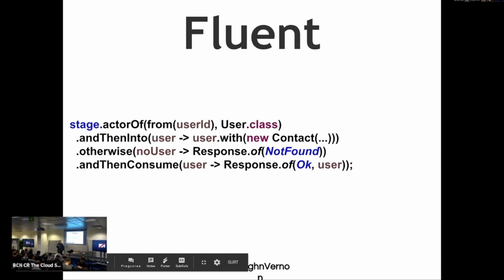It doesn't exist. So what does that mean? Well, if this is handling an HTTP request, then we're going to respond with a response of not found if we didn't find that user. And if we did, we're going to respond with an OK with that user serialized, okay?